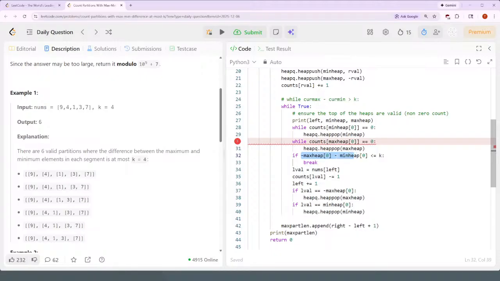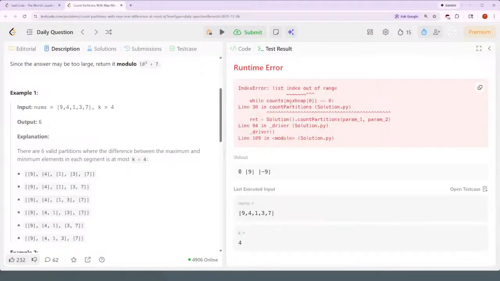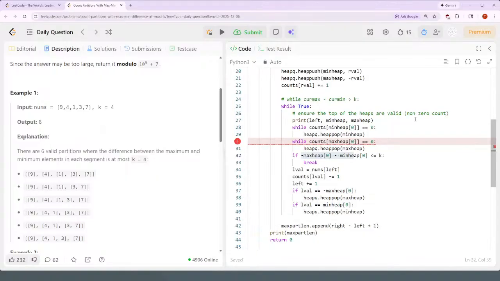Negative of max heap. Max heap is -9, so negative that is positive 9. 9 minus 9 is less than or equal to 0. Less than or equal to k, so it breaks. So